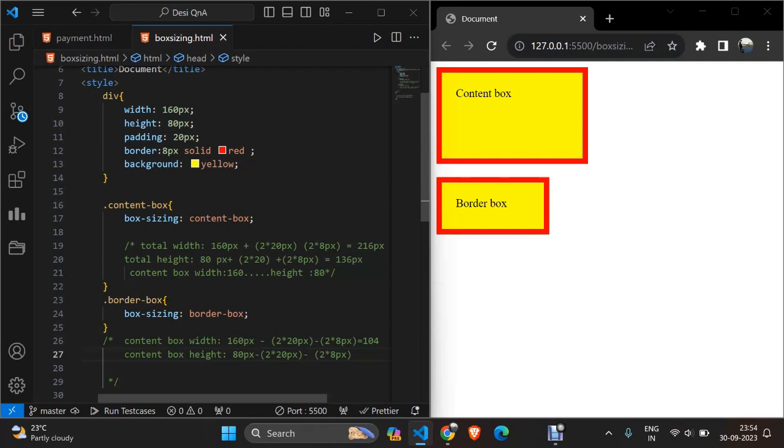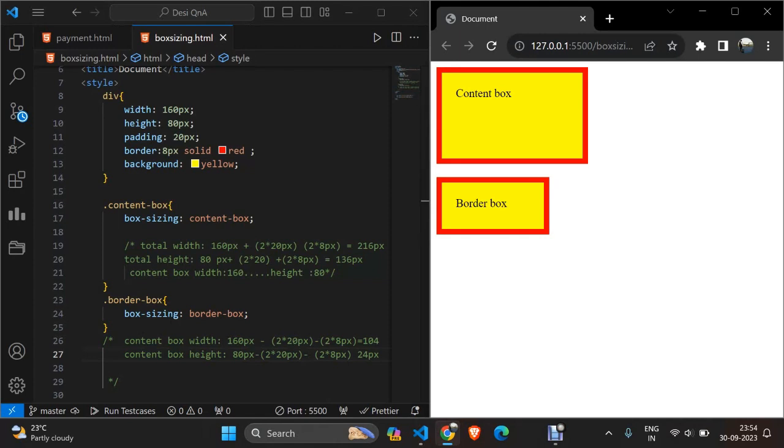So if we calculate this, this will become 24 pixel. So this is the way the calculation for the box sizing border box occurs. So that is why this has been decreased over here. The size has been decreased. So this is the way